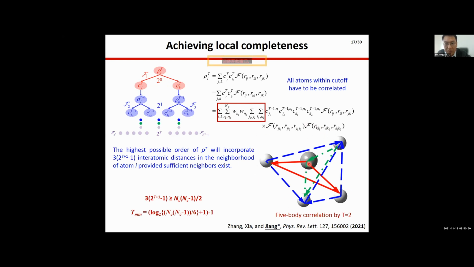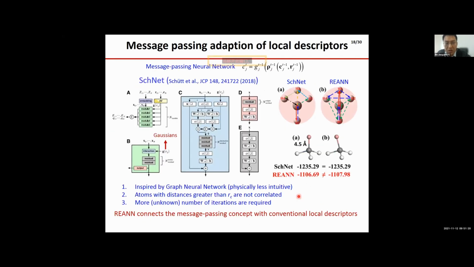For example, you start from this carbon atom and connect the two hydrogen atoms by the red lines, then you start from those 2 hydrogen atoms and connect the other 2 with the blue lines, and at last you connect the center carbon atom with all the hydrogen atoms. And we provide an estimate of the minimum iteration step that you need to achieve local completeness. Many of you may already realize that this is a message passing form, as introduced in